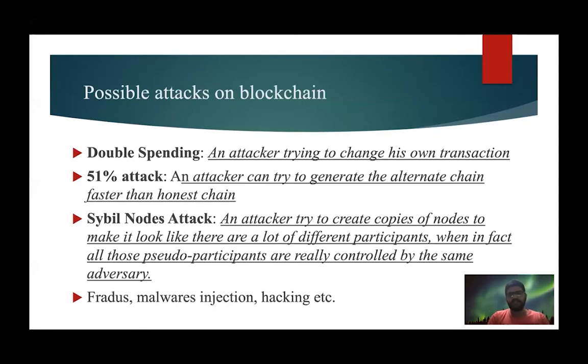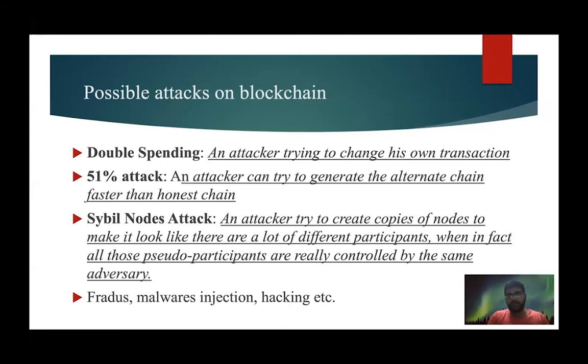Let's talk about some possible attacks on blockchain. So here are some of the attacks which are mentioned that can happen. The first one is double spending attack. An attacker can try to change his own transaction, right? 51% attack, when an attacker can try to generate the alternate chain faster than the honest chain, and he will